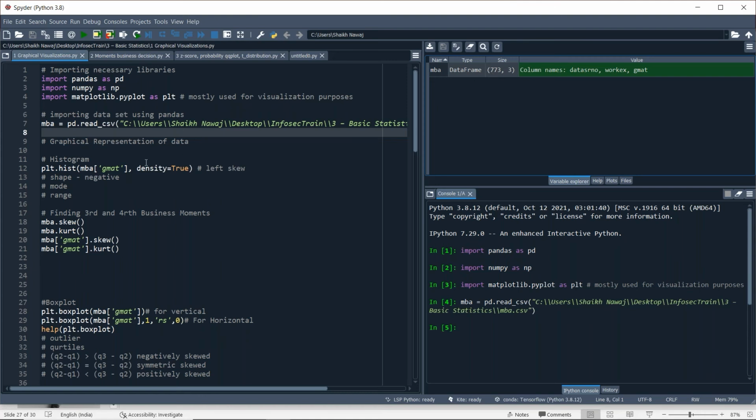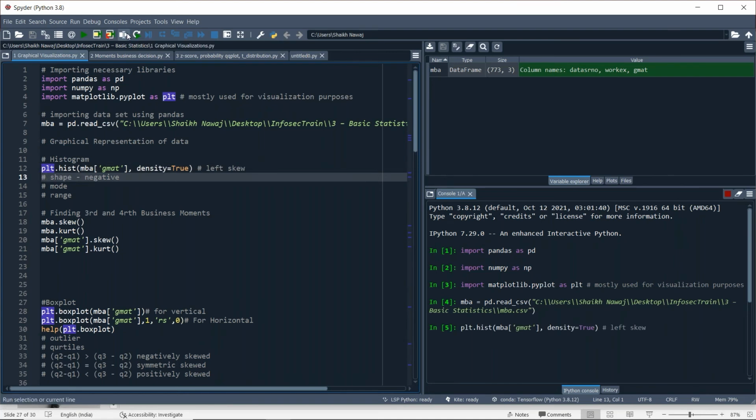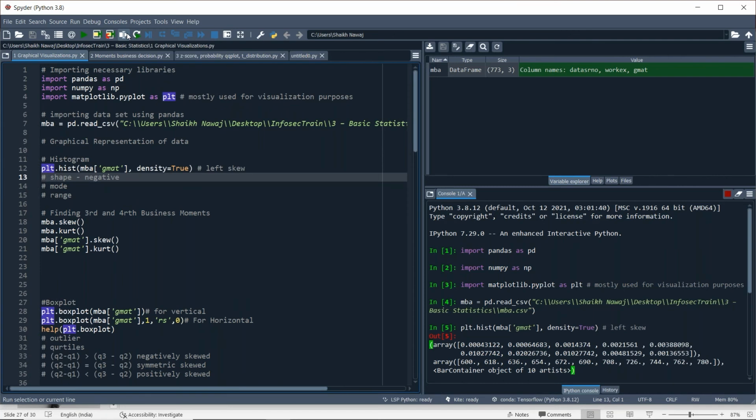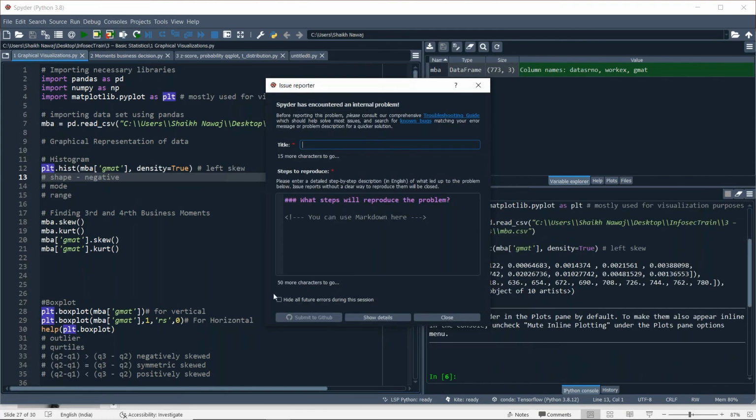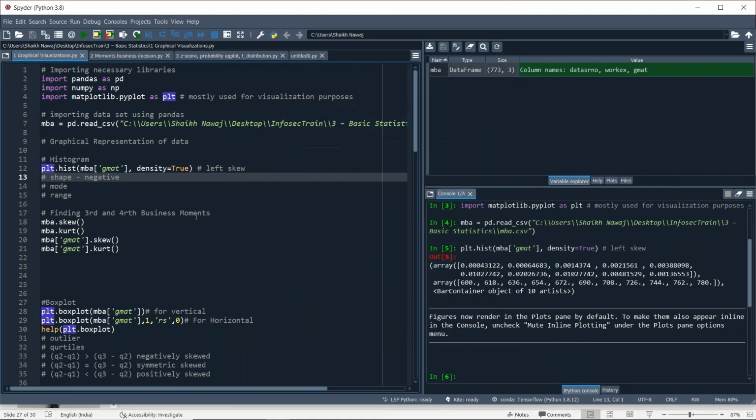Now let's start with plotting a histogram in Spyder.